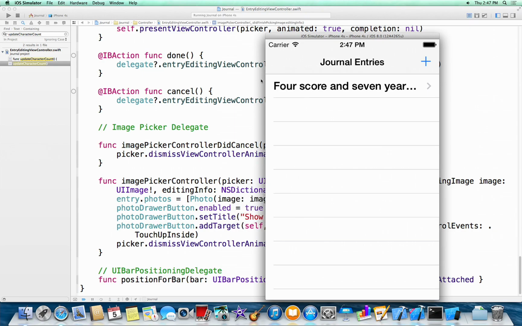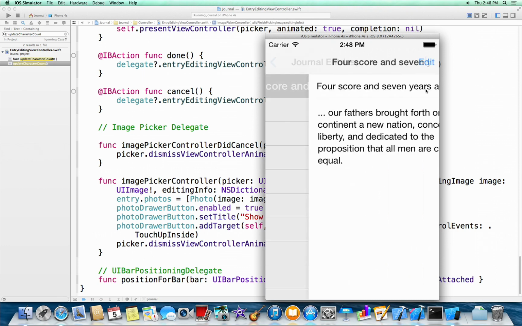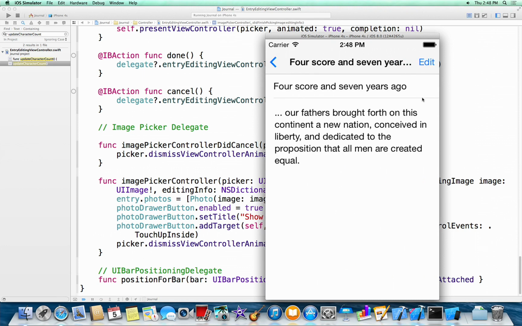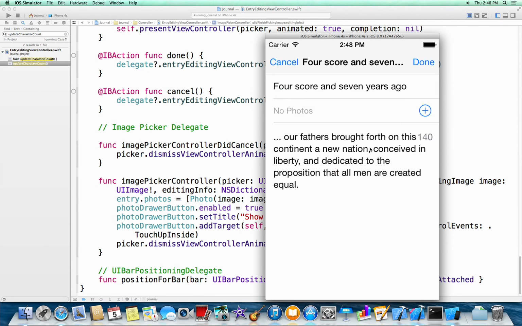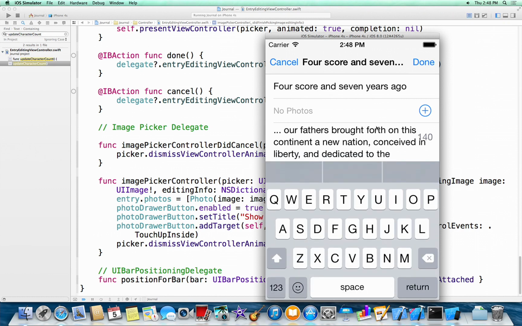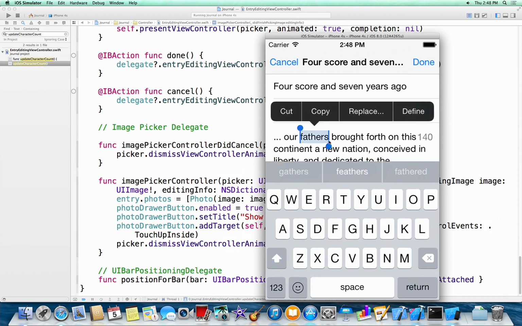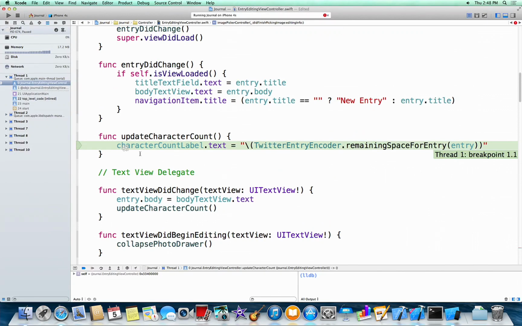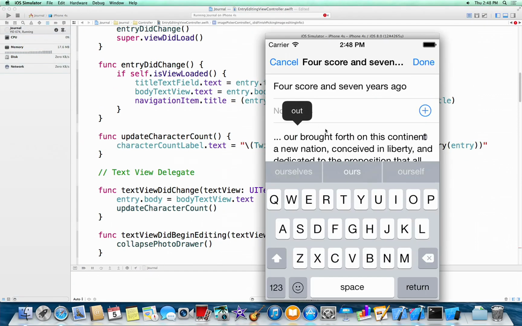Now, our application has another feature I haven't told you about. That feature is that I can share my journal with a loved one. I can let my fiance see all these entries I write. And that's a great feature, but it's complicated somewhat by the fact that there's this edit button here. If I were to start editing this entry, and you see our character count issue on display again, oh, we don't need this breakpoint anymore,